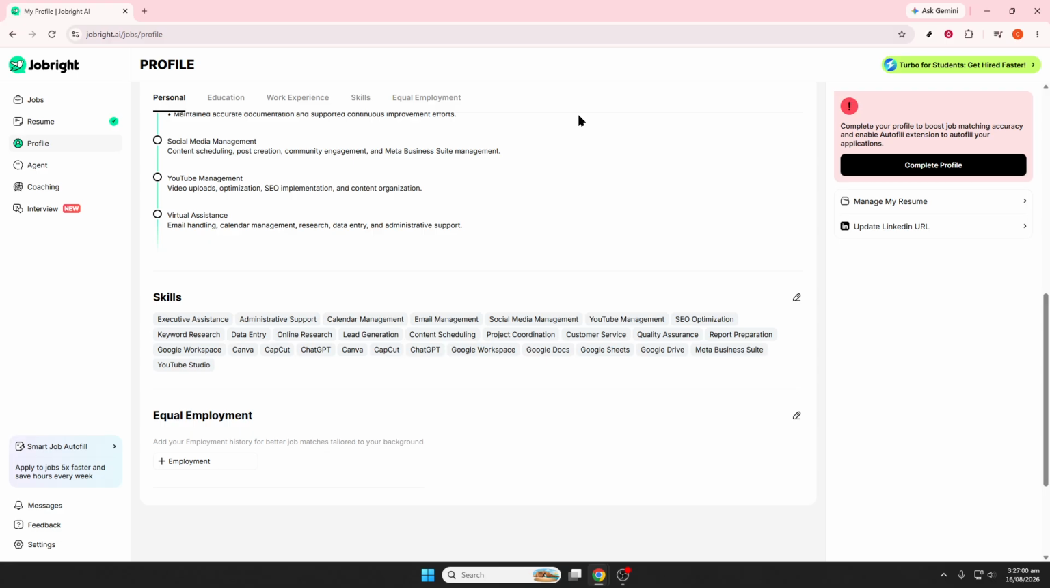Finally, if Jobright Agent or Auto Apply is available on your account, open it, review your preferences, choose the types of roles you want it to target, and enable the automation option that fits your search. Or